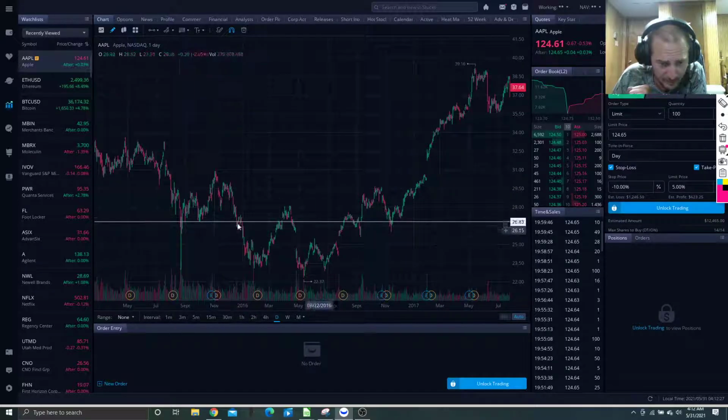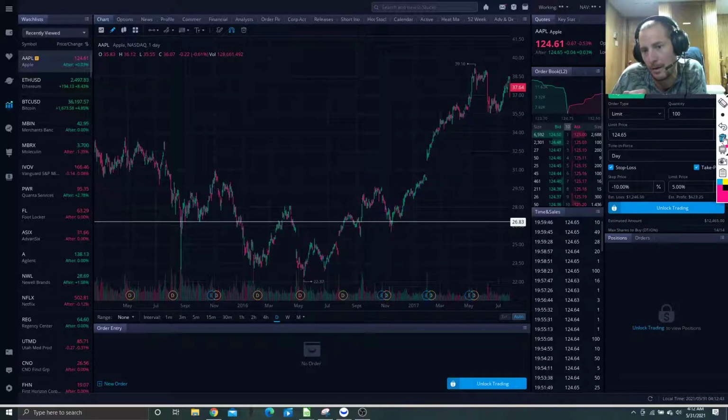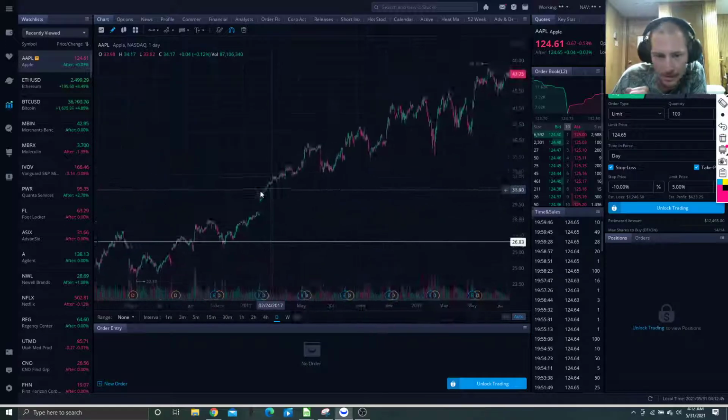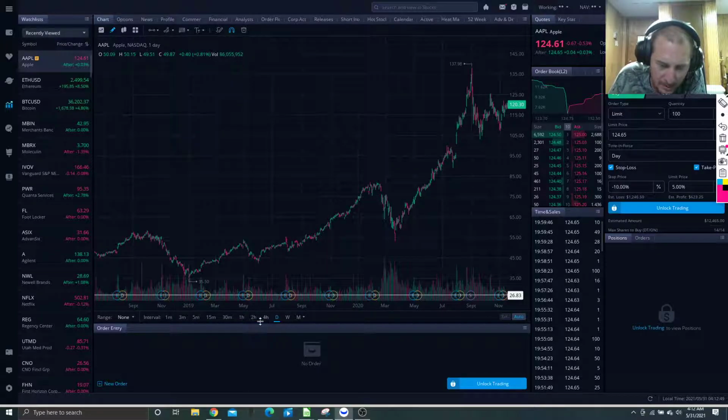See, old ceilings become new floors, old floors become new ceilings. See, it's a floor here, breaks down, now it's a ceiling. Breaks back up, now it's a floor again. So this is a very basic concept, but it's also a very powerful concept, and you can do this on